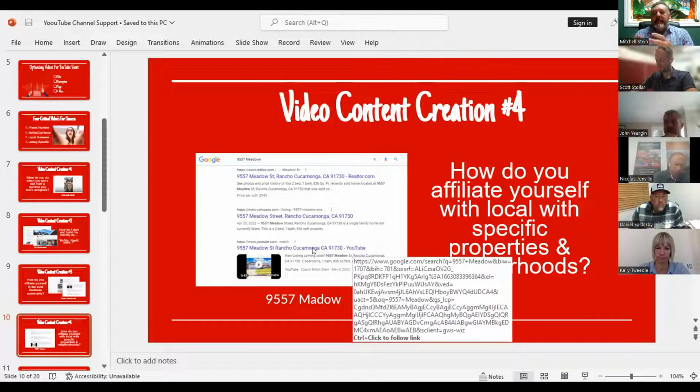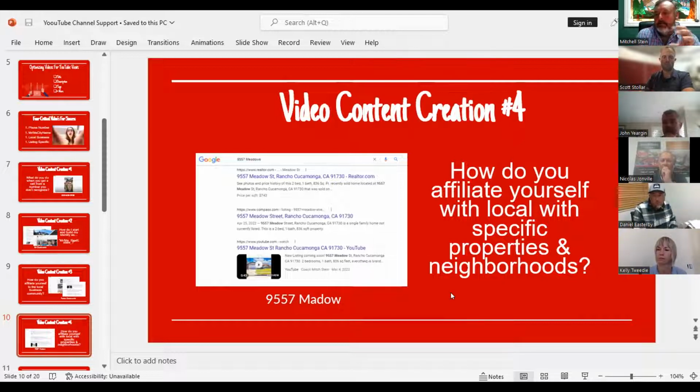Now what's happening is when people are driving by and they're Googling the address for more information, they're not going to Zillow because Zillow only has pictures. They're going to the video. We ended up double ending that deal because somebody driving by Googled the address, saw the video, and called us direct.